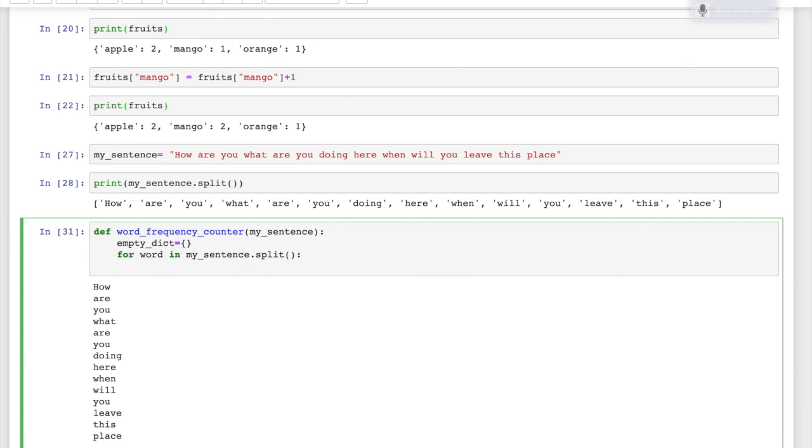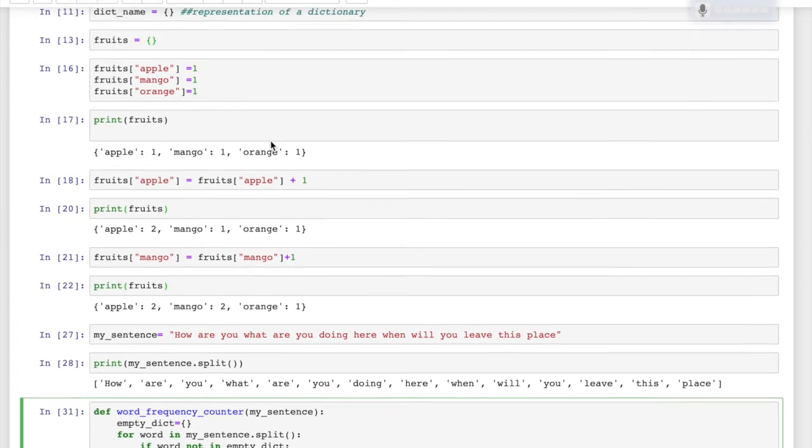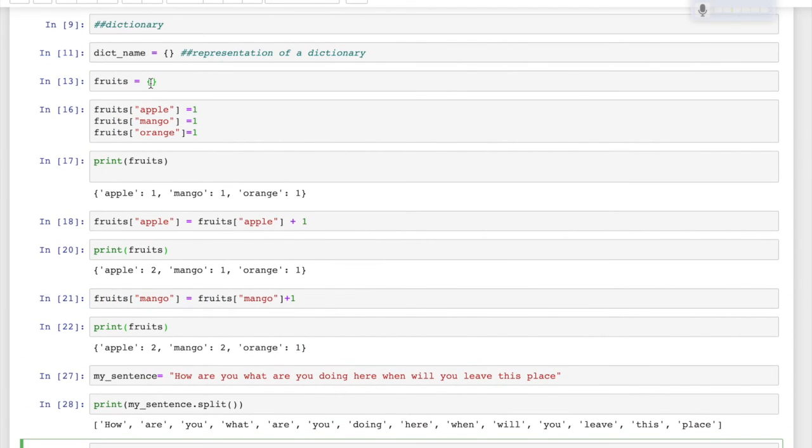Now if word not in empty dict, for the first time it will count 1, because earlier there were no elements in this particular dictionary, and for the first time we have entered it, it will count 1.